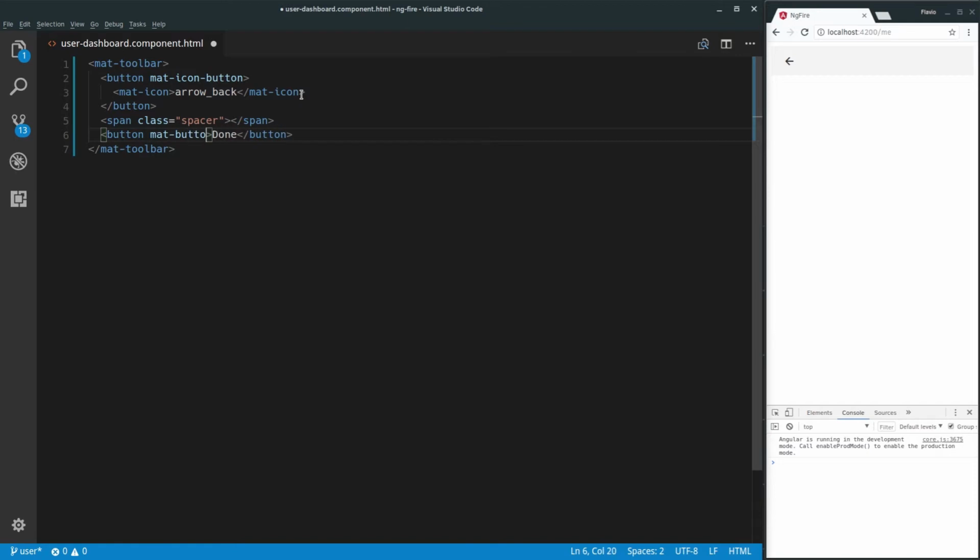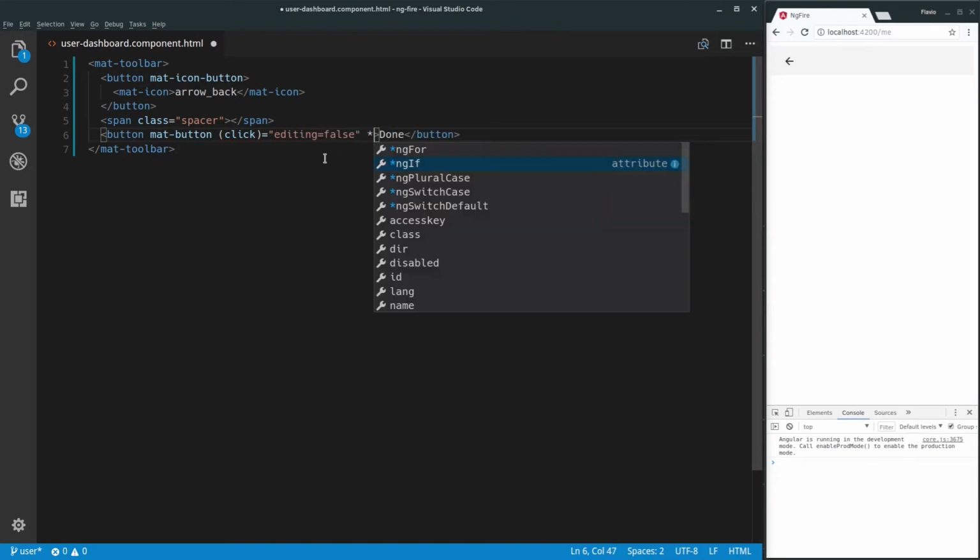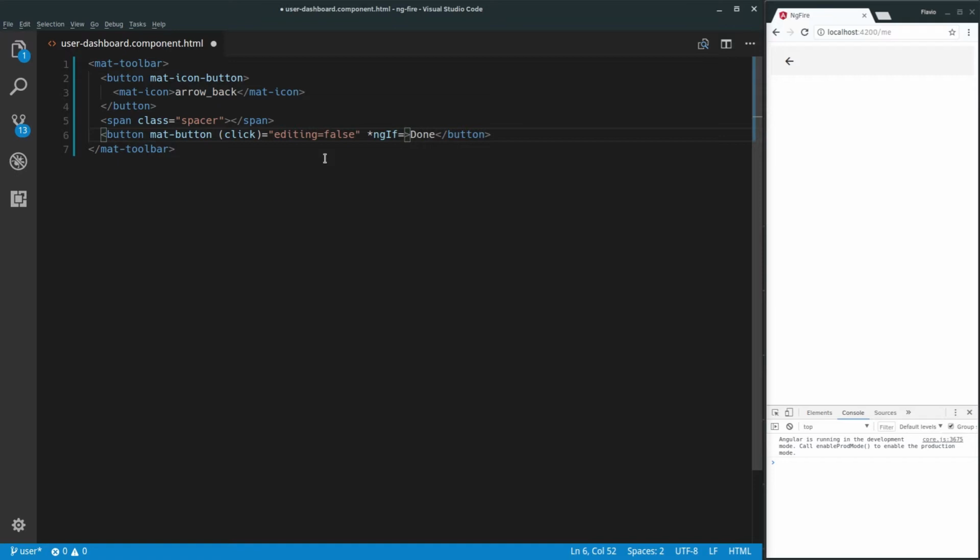So mat button. Now for this to work, we need a click event, which you set the editing mode to false. And we also need to check with ngIf what is the state of the editing. If it's true, this button will show. If not, we're gonna show edit profile button. Here, if it's not editing,